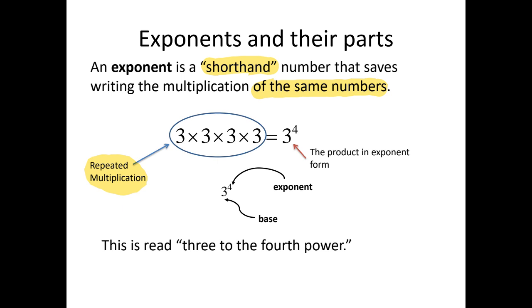As you see within the circle, we could write 4 of those 3's out. Now, how do I know to write them 4? Well, you see this little 4 that's up at the top? That 4 is known as a superscript. And it tells me how many times I need to write the base, which is the bigger number,